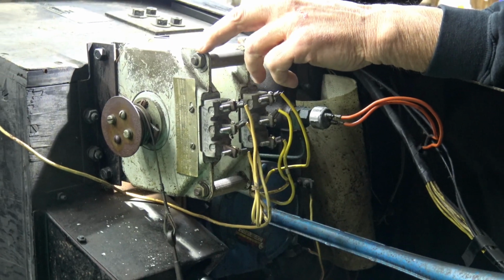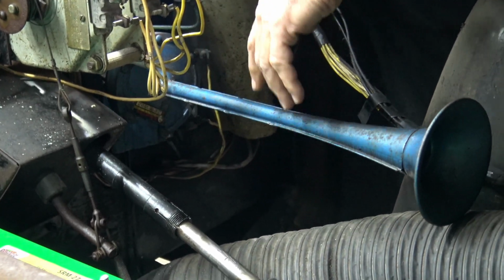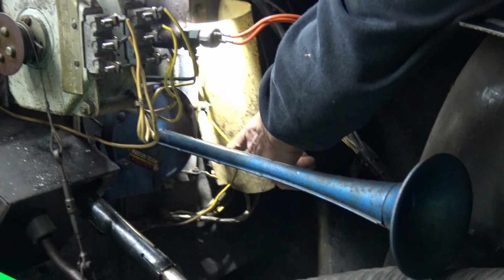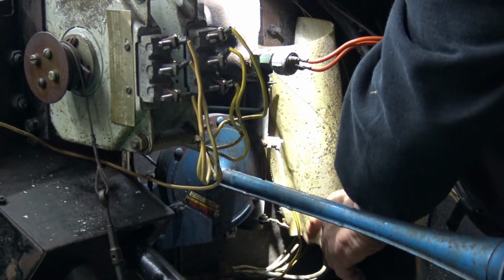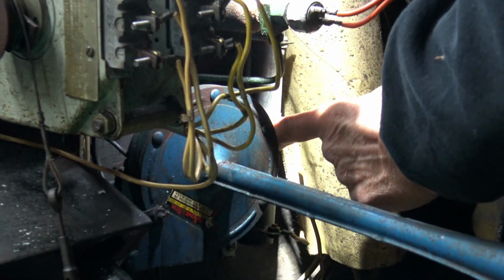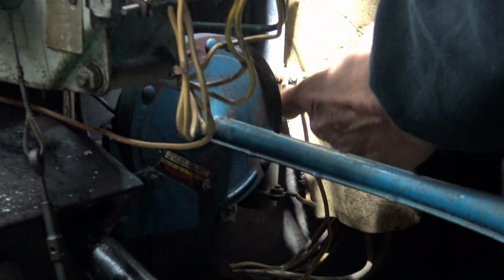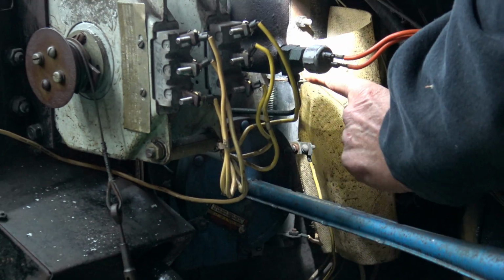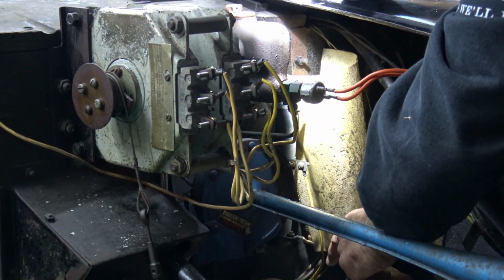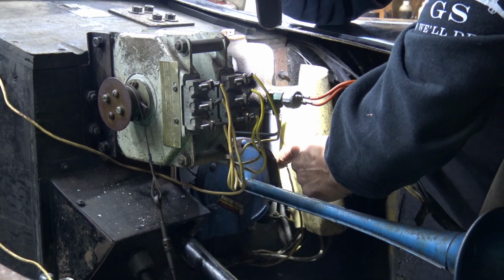You have your 2 potentiometers. We've got a horn here, a nice tooting horn, and then you have this electronic gadget, which is actually a large resistor, a variable resistor which has an adjustable tap on it, so you can change the amount of voltage he was able to get out of this from the 48 volts down to 24 volts, which half of the system works on 24 volts,